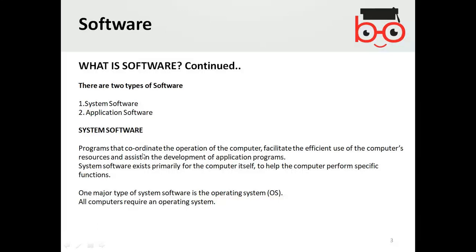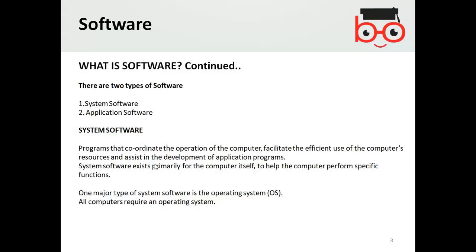Programs that coordinate the operation of a computer, facilitate the efficient use of the computer's resources, and assist in the development of an application program. So basically, the operating system helps to use the computer's resources.